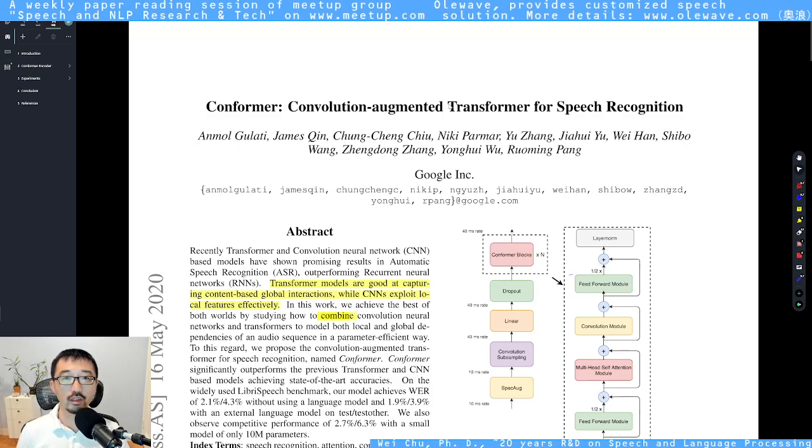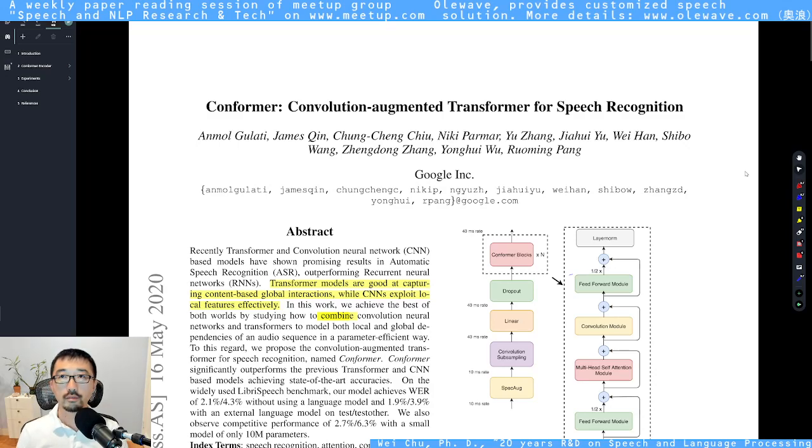Since I haven't done the transformer paper review, I'd better add this conformer paper review, to help you guys use the conformer in speech recognition,